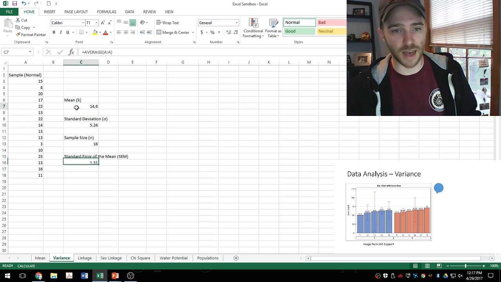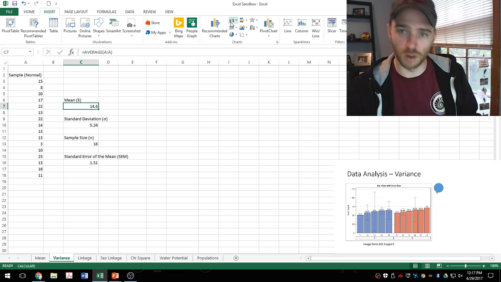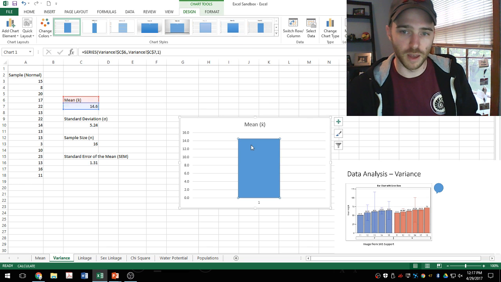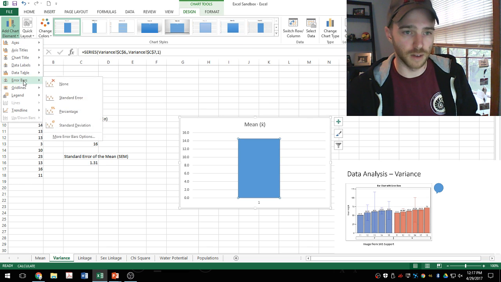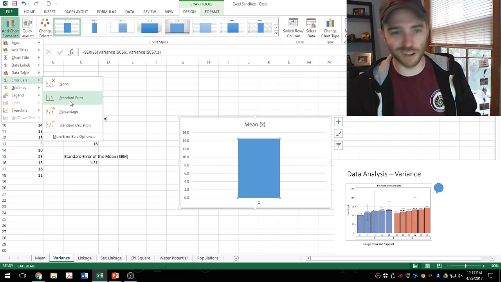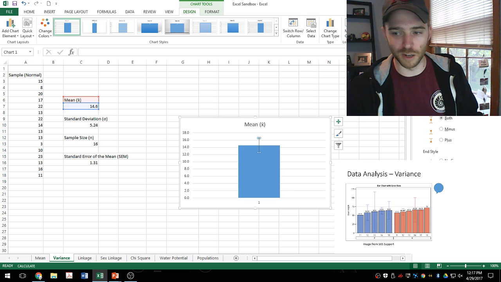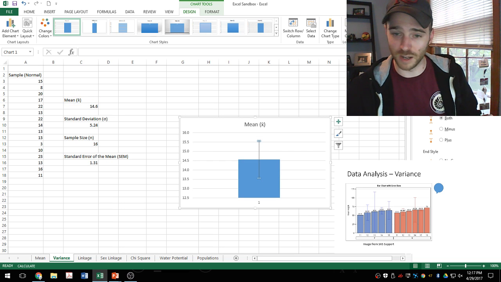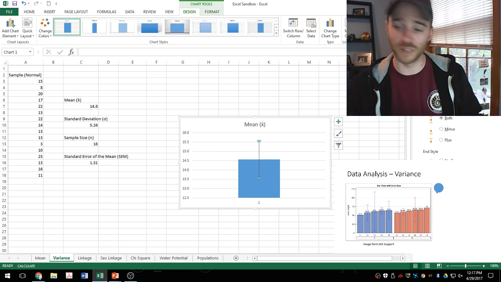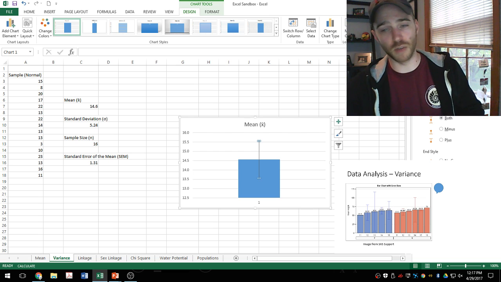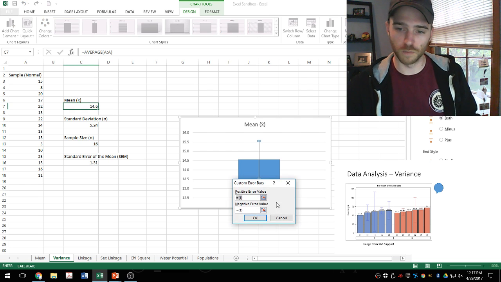And then let's add that to a graph. So I'm going to make a bar graph, and then I'm going to add error bars. It says standard error here, but don't be tempted by that, because I recommend doing it yourself, because Excel can be prone to mistakes or misinterpreting your data. There's no way to know that if you don't make those calculations visible. And so